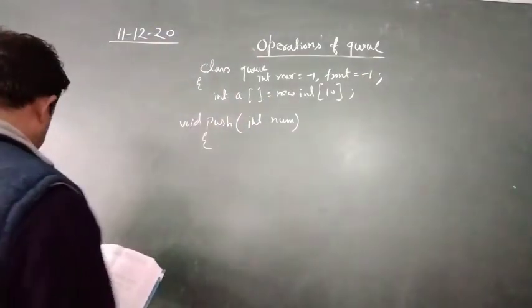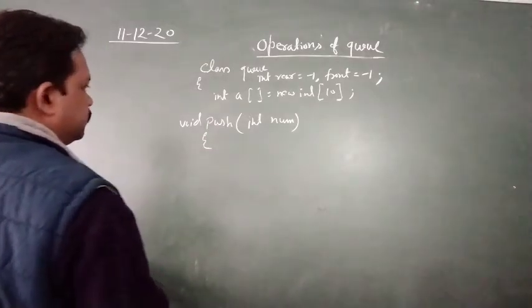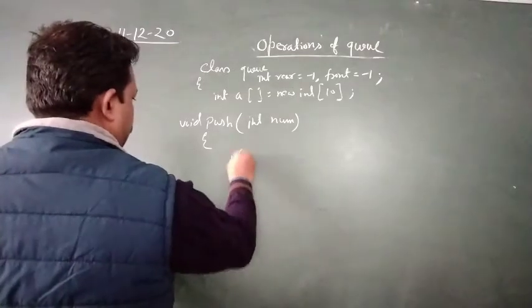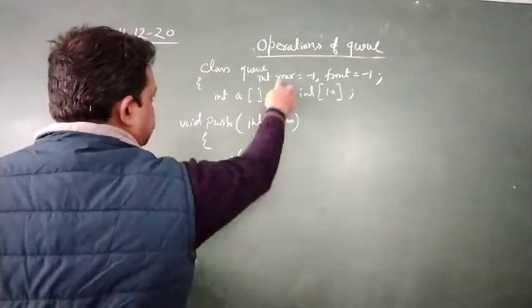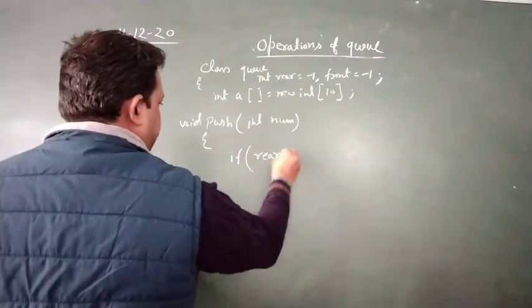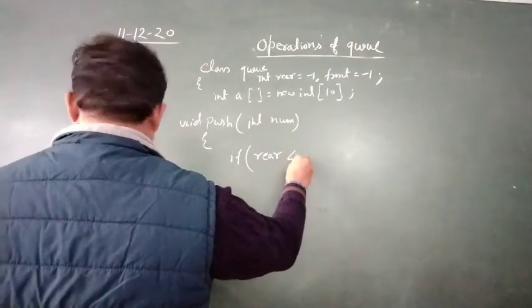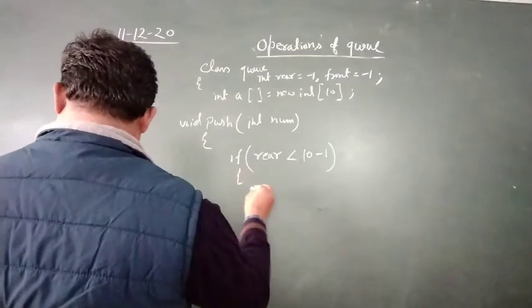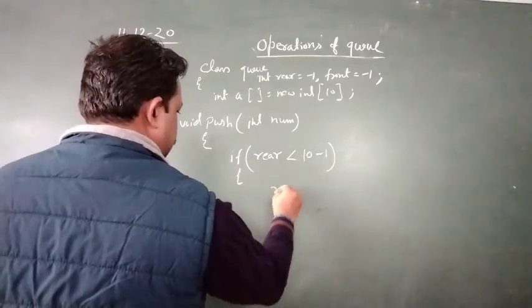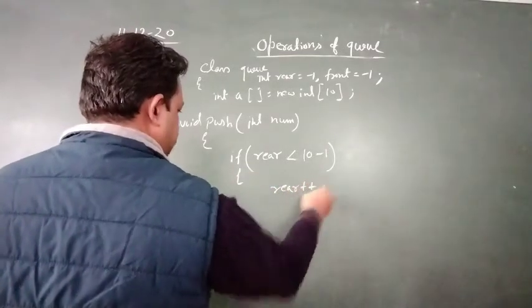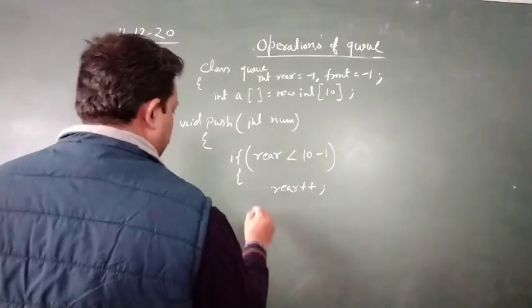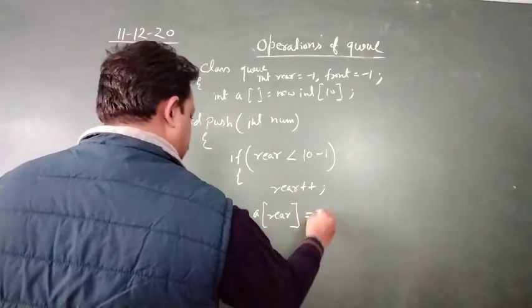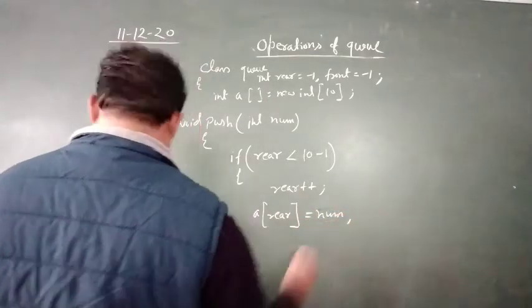Void push, if rear less than 10 minus 1, rear plus plus, a of rear store the value of num,